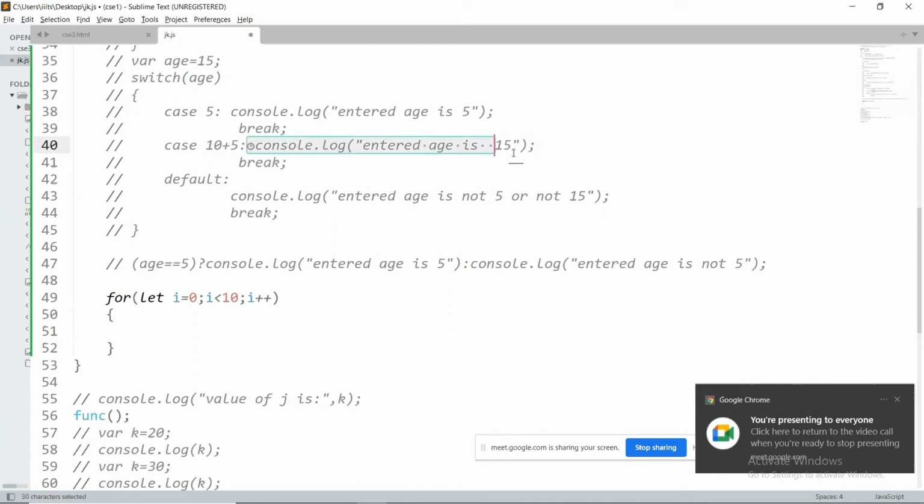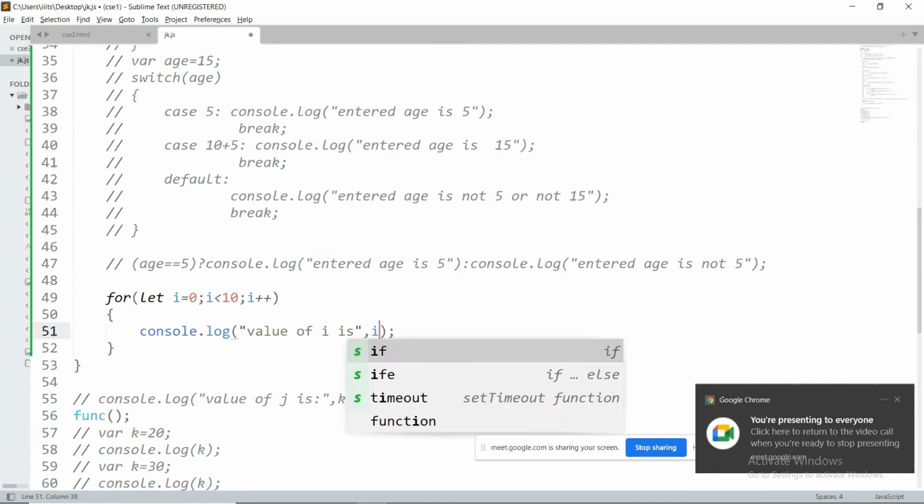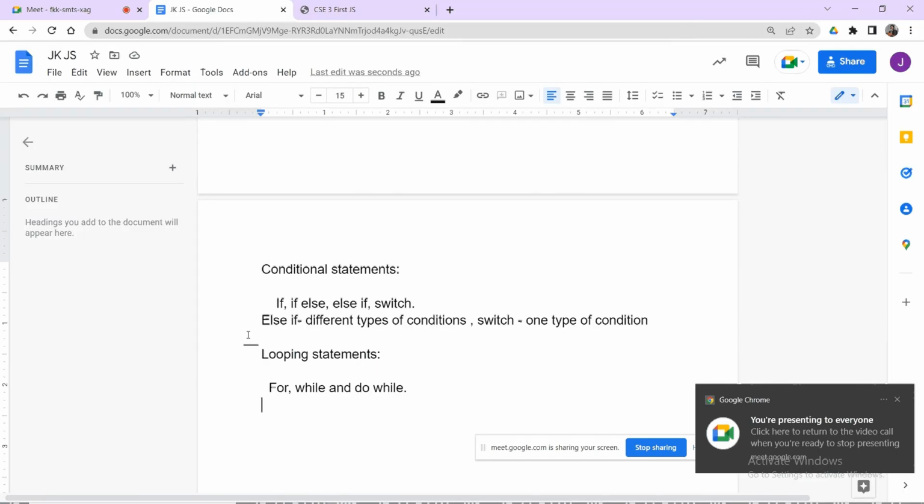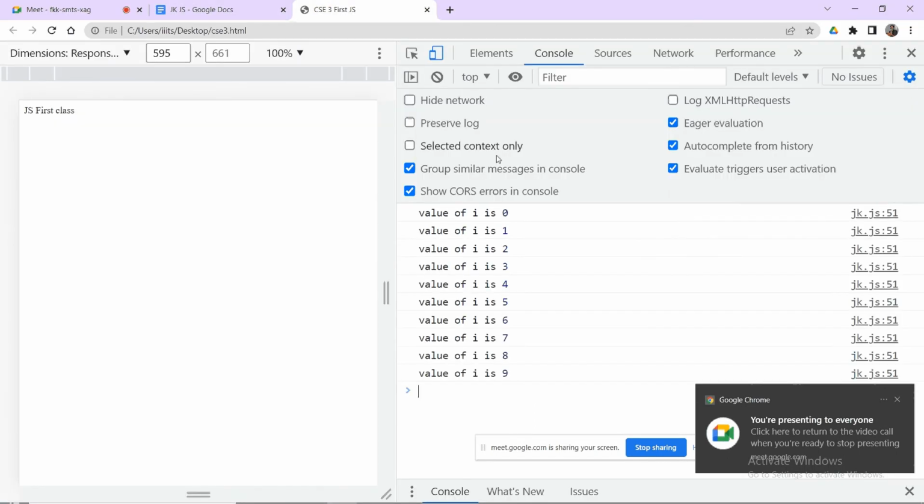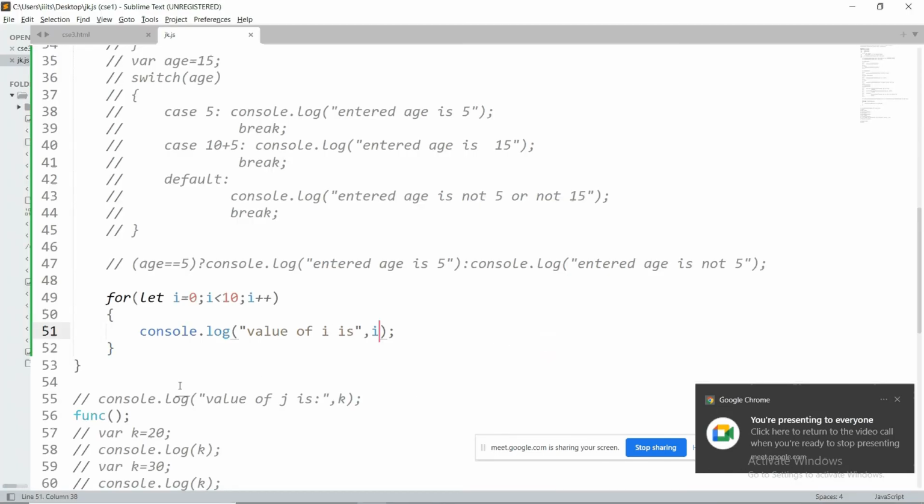For example, console log: value of i is i. That's it. So you will get the answer as value of i is 0, 1, 2, 3, and so on. If you want to modify, you can modify in your own way. This is the way you can write a for loop.